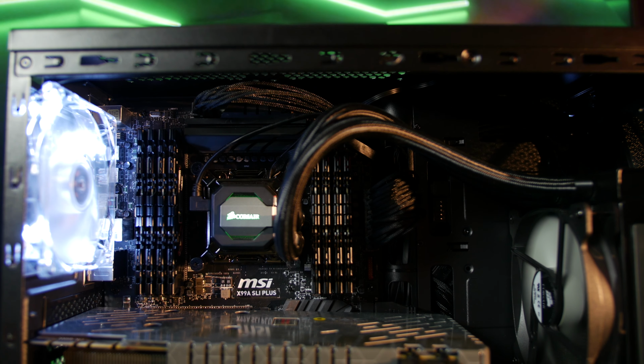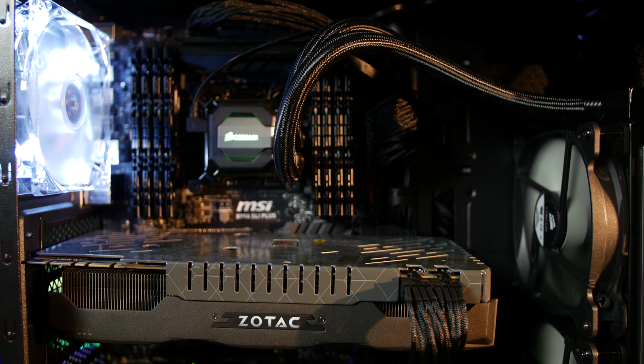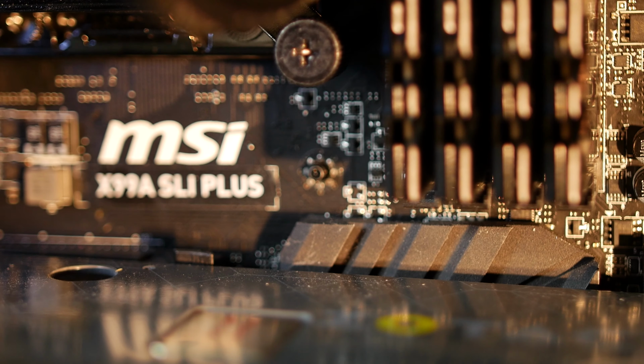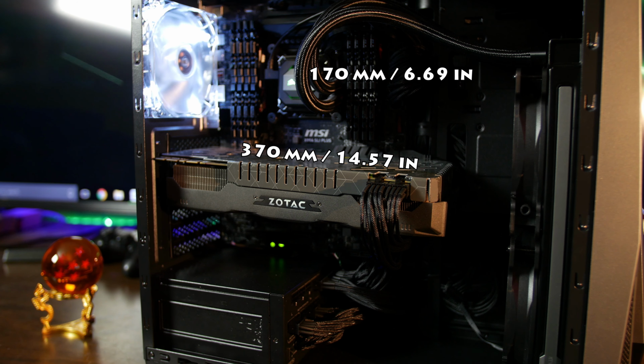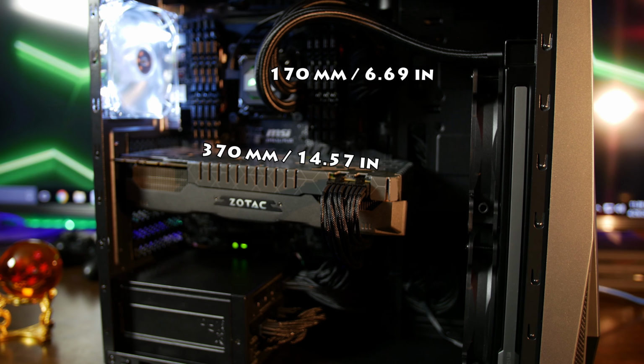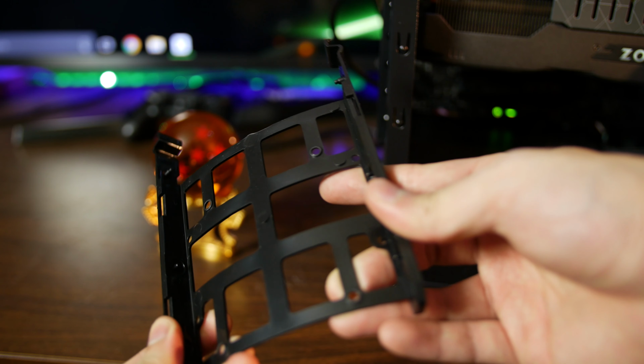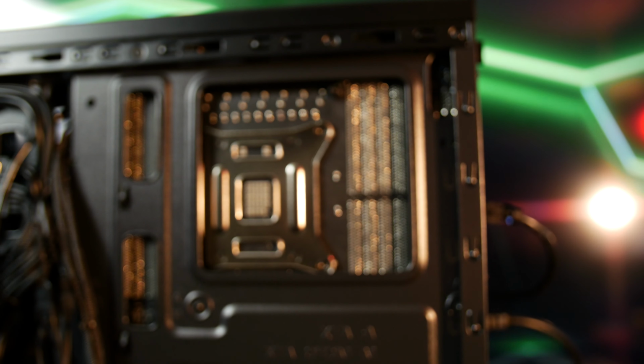Going for a ride inside the Carbide, it supports mini ITX, micro ATX, and ATX motherboards, with pre-installed standoffs and a middle peg for smooth sailing during installation. I love that little peg leg. We also find 7 expansion slots, support for CPU coolers up to 170mm tall, GPUs up to 370mm long, an area up front for 3 hard drives, toolless with a little flex, or SSDs, screwdriver required, an OK cutout behind